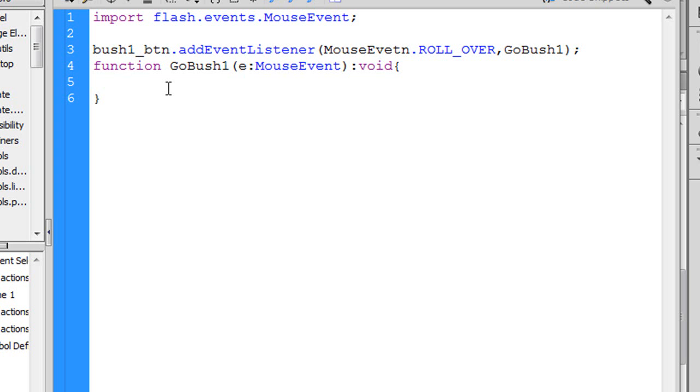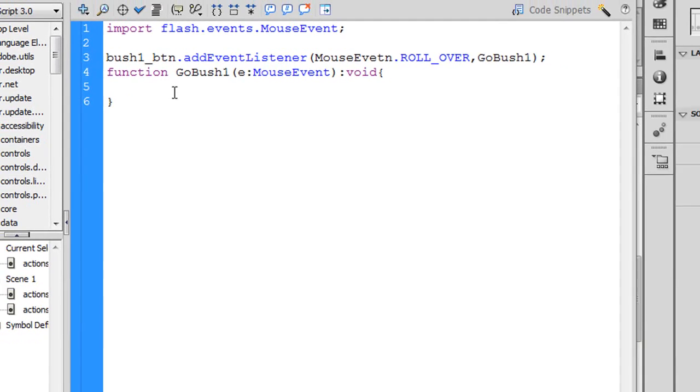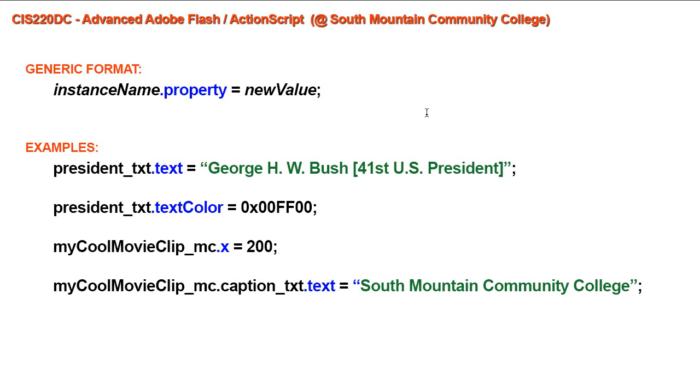And a lot of programming is simply changing properties of objects. And the statement for doing that is simply the name of the object we want to modify, so the instance name, whatever the property is, and there's a dot notation between those, and then setting it equal to some new value. So the example I'm going to use here is president_txt is the name of the text field,